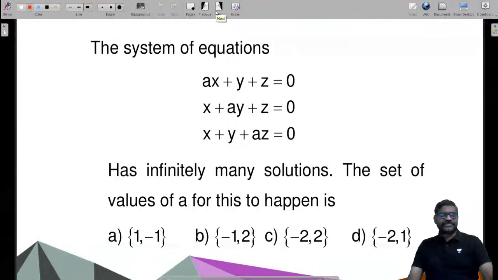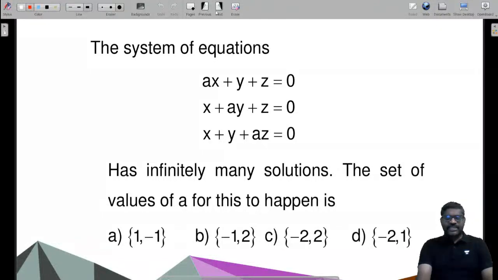Observe this problem. The system of equations ax plus y plus z equal to 0, x plus ay plus z equal to 0, x plus y plus az equal to 0 has infinitely many solutions. Then the set of values of a for this to happen is